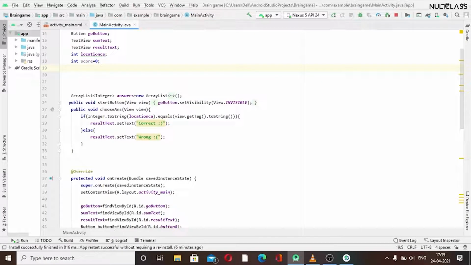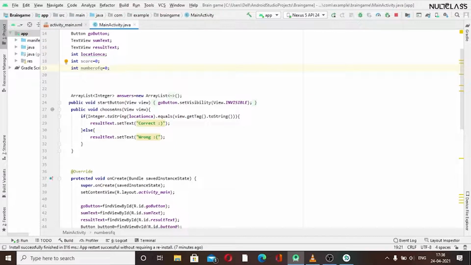Also we want the number of questions, because for score we need to show like 0 out of 1, meaning we have answered one incorrect out of one question. So for that I think we need number of questions. So I will give it a name, number of questions, and initially I will set it to 0.